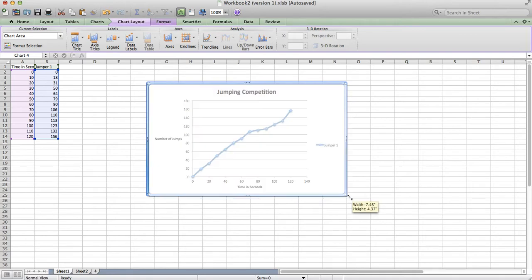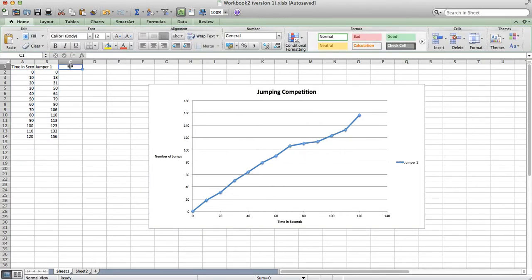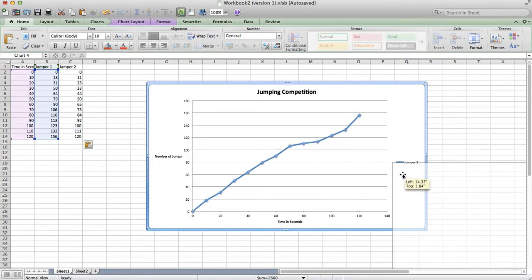Now I would suggest that whenever you create your graph, try to make it as big as possible. That way you'll see a little bit more details. And let's say you're comparing two different items. For example, here I just have one jumper and I'm charting their progression throughout the competition. If I want, I can add another jumper. I'm just going to paste in the other information, and I can create a second graph that compares the two jumpers. So I'm going to slide this over here,